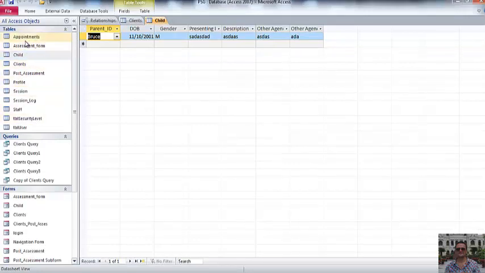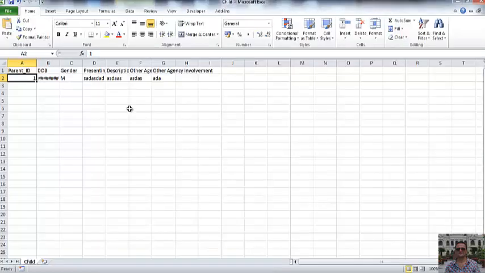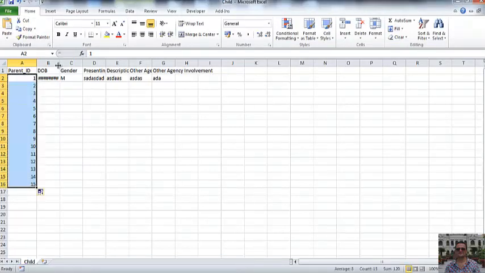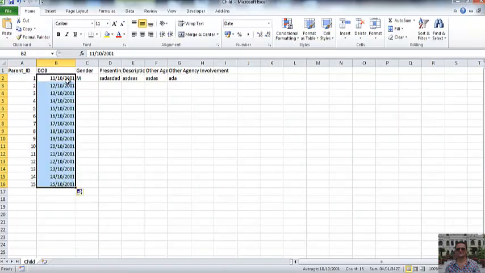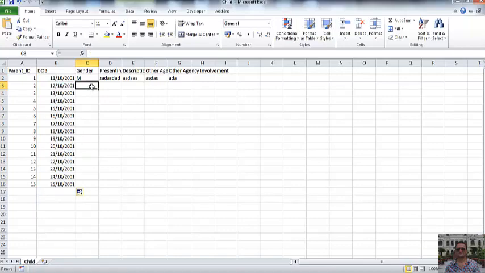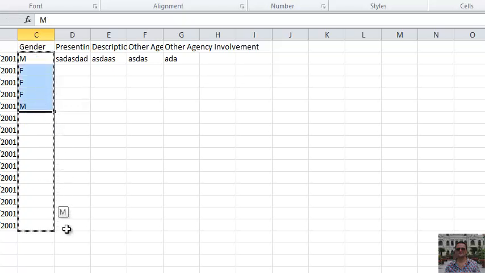So for that I must check the parents table. In my case they are clients, and I've got 1 to 15. Actually, yes, they are valid parent IDs. So I've checked that I have valid parent IDs. So as you can see, I can't assign 16, but I can assign up to 15. And then date of birth, I could just copy that down, and I don't want it to increment, that's okay. And then M, F, capital F, F again, and M again. And then if I autofill that, you could see that,